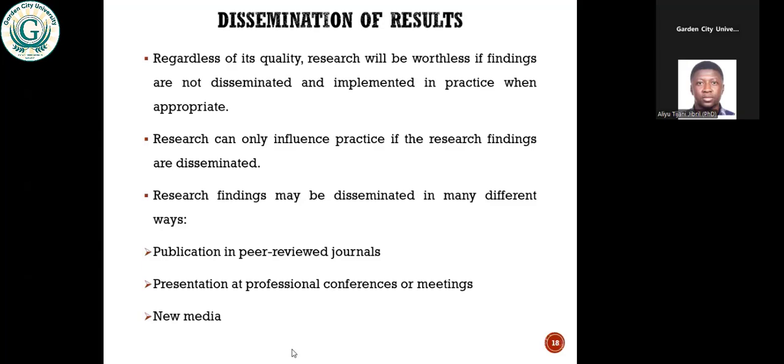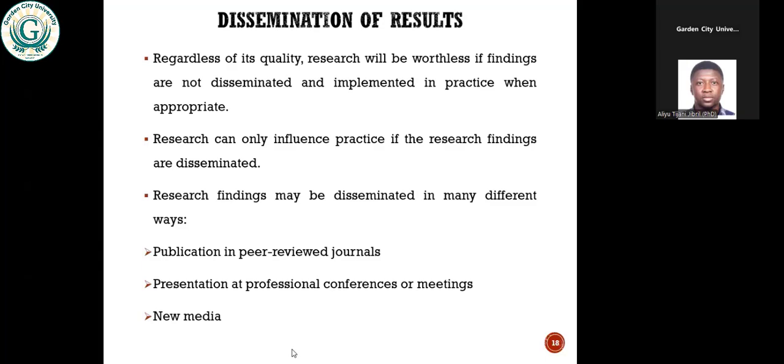Now, some of these channels tend to give you a better audience than others. When you take something like X, you can share a link to your work on X so that anybody can click on the link and then go to where the journal has actually published the work to read it in detail. Same applies to when you post the work on, let's say,